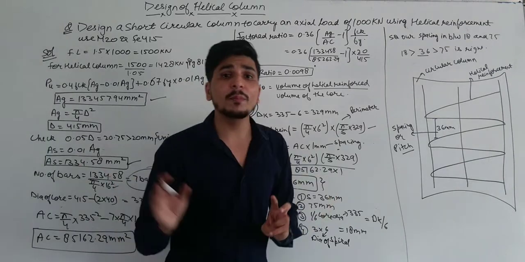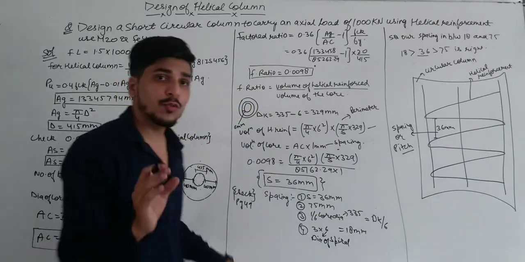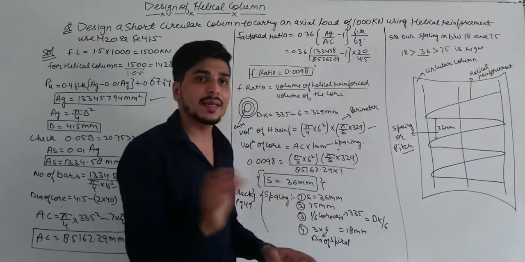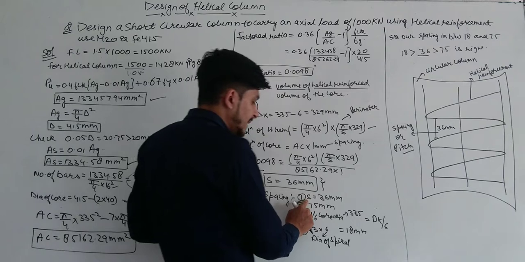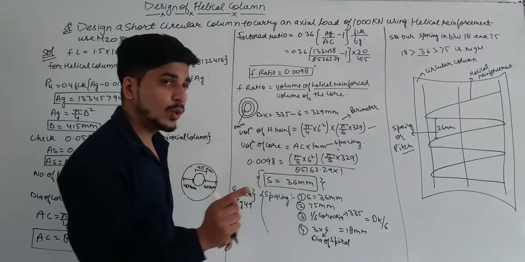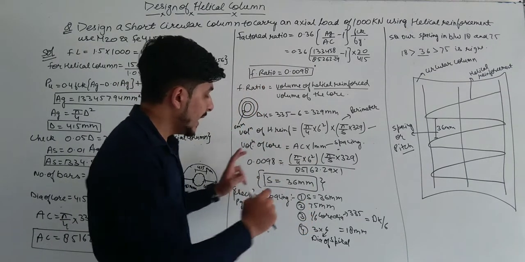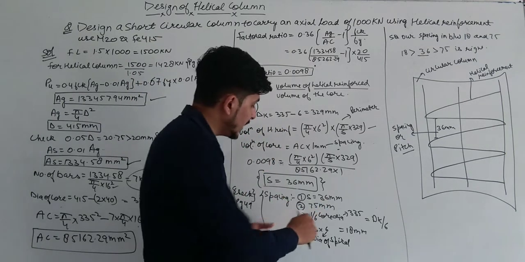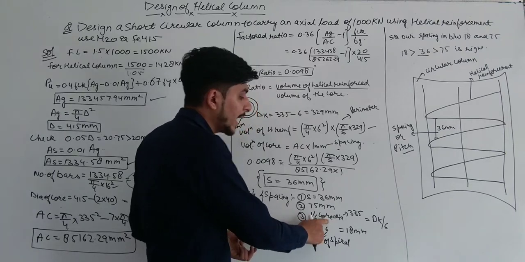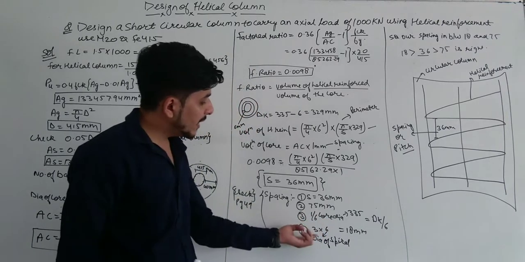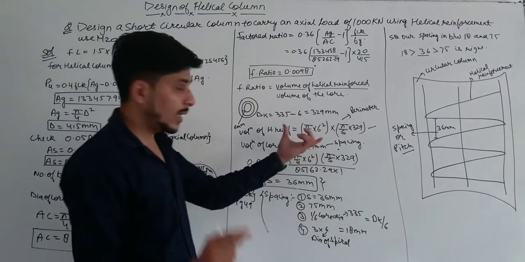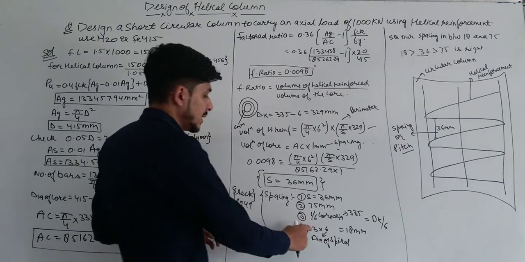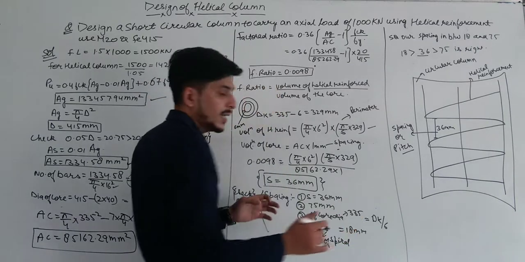Now open page number 49 of IS 456. There are 4 types of formulas for calculating the helical reinforcement. The first is the spacing, as we have calculated. The calculated value is 36. The second is 75 mm, as mentioned on that page. The third is 1 by 6 of the core dia. And the fourth is 3 times the dia of the helical reinforcement. The helical reinforcement we have taken is 6 mm, so 6 multiplied by 3 equals 18 mm.